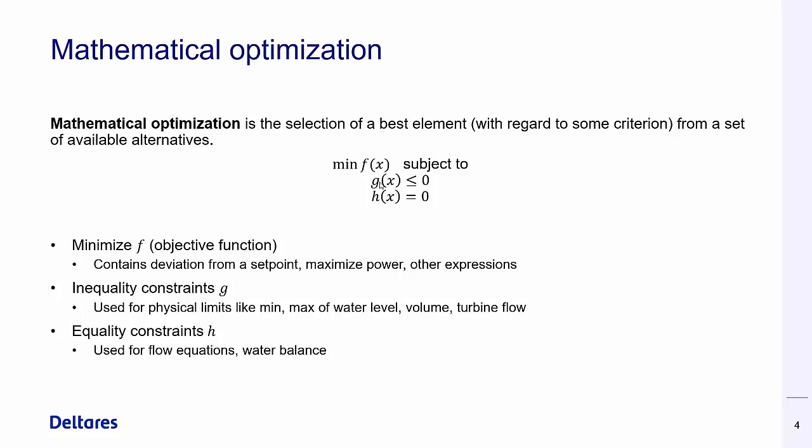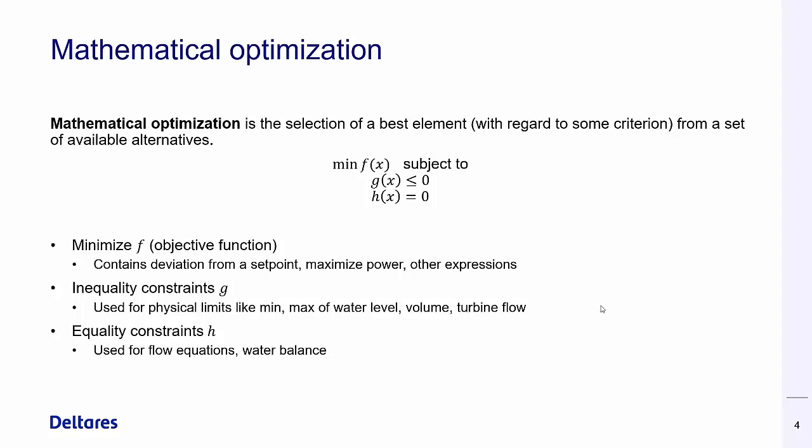Then we have inequality constraints, G. We use these for physical limits in the system, like the minimum water level in a reservoir or the minimum volume, which can be 0, for example. Volume should not be negative, but we must tell the optimizer that the volume in the reservoir cannot be negative. It can also be the maximum water level, that's the dam height, but also minimum turbine flow. We also here don't want negative flows usually,